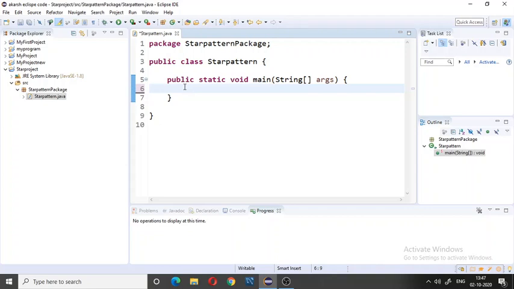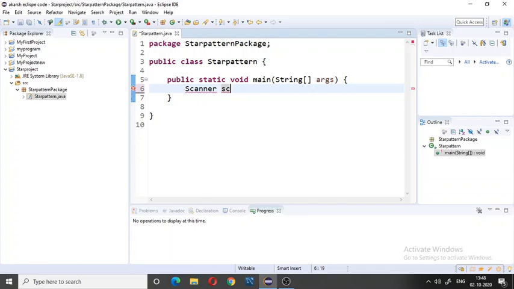In the main method of this class, we will write the code. Firstly, how many rows of pattern you want? The row number can be input by the user, or you can initialize the row number yourself. Here I input the row number through the user, so we use the Scanner class, which is a predefined class. We make a Scanner class object. You can give the Scanner object any name.